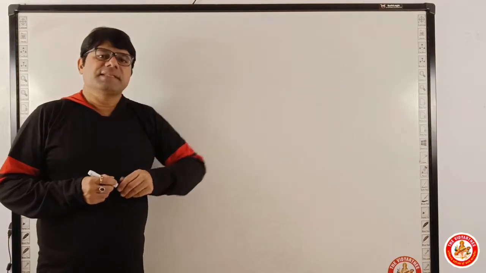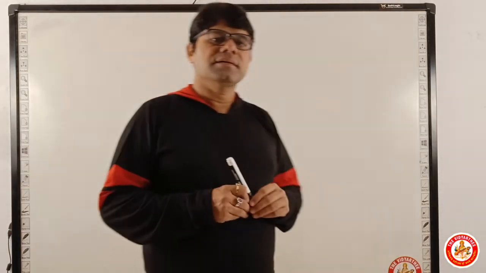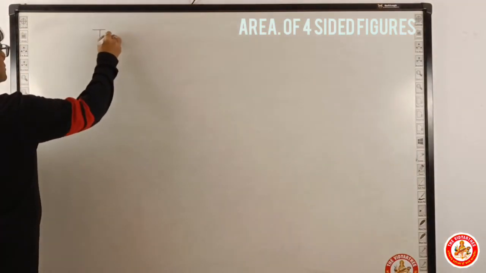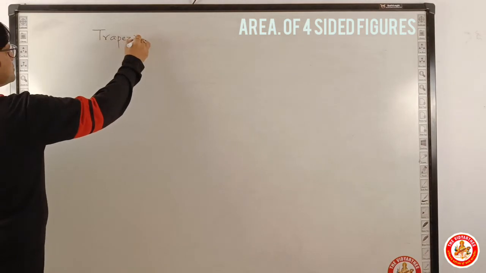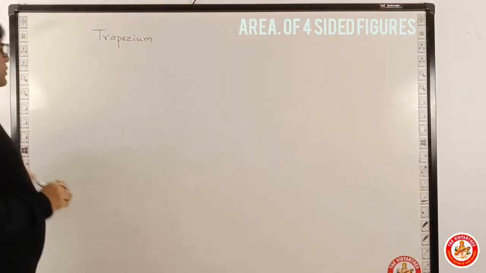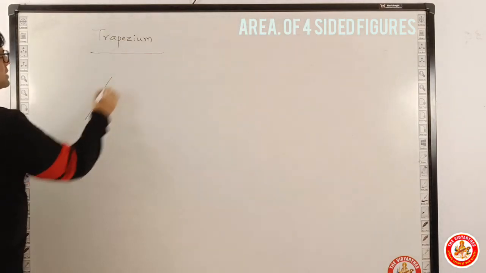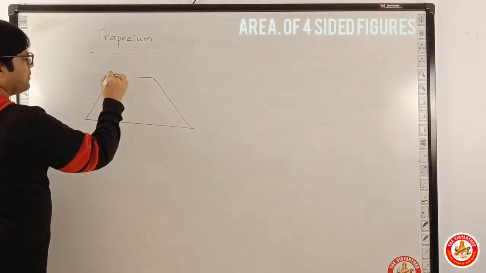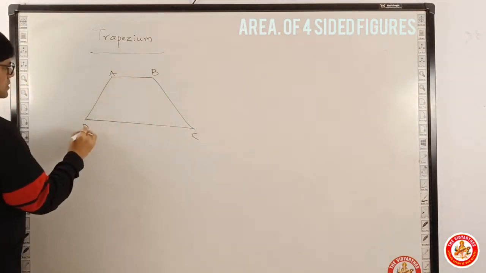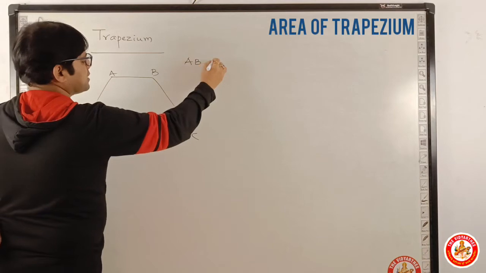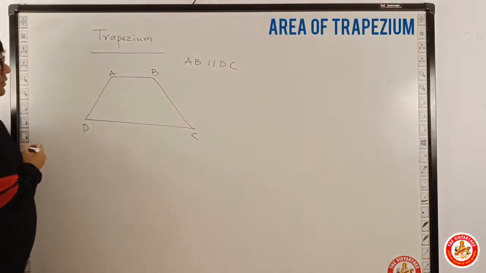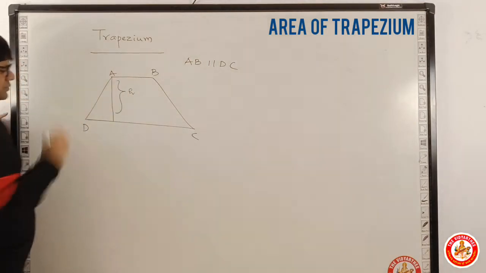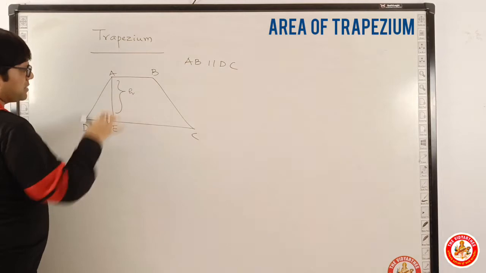Okay, let us start with the area of the four-sided figures, the quadrilaterals. The quadrilaterals will start with trapezium. We'll take trapezium. Right. So what is a trapezium? It has parallel sides and non-parallel sides. So these two sides are parallel, AB, CD. So here AB is parallel to DC. Right. If you know this altitude, this is called the altitude H. Right. If I go by dimension, if AE is